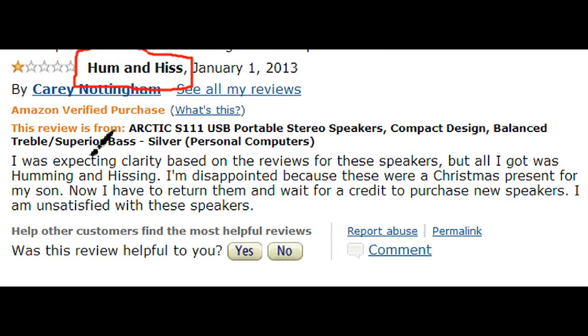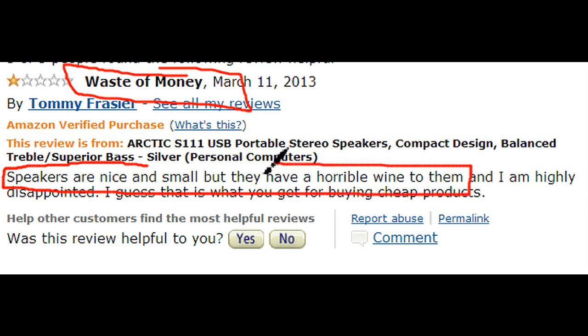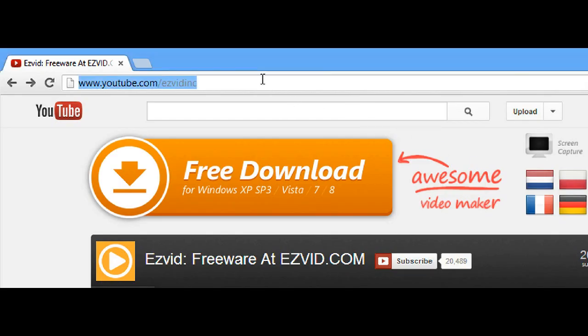However, several unhappy reviews complain of constant humming and hissing noises, and they in turn blame the cheap price, but you might want to fiddle with your computer's audio control settings before you dismiss these speakers, because these are really awesome. They're really small, they could fit anywhere, and the price is awesome. So don't dismiss these. They made our list for a reason. And now we're going to head back over to our list,